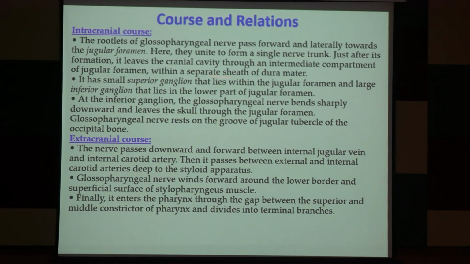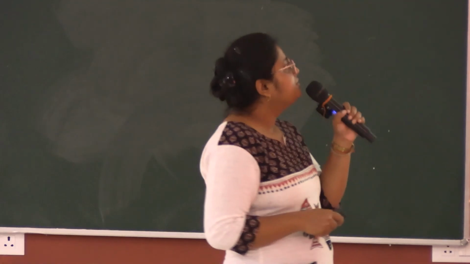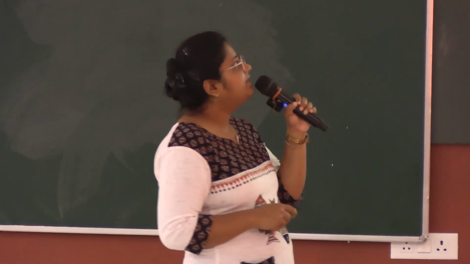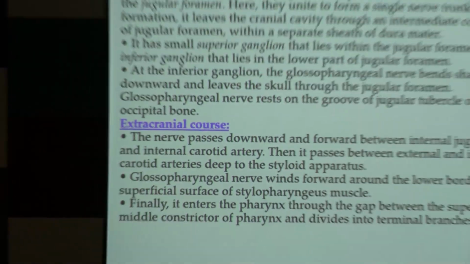So these rootlets are just above the rootlet of the vagus nerve. Next, we are going to the course. It has two courses, intracranial course and extracranial course. So intracranial course, the rootlets of glossopharyngeal nerve pass forward and laterally towards the jugular foramen, and here they unite to form a single nerve trunk,